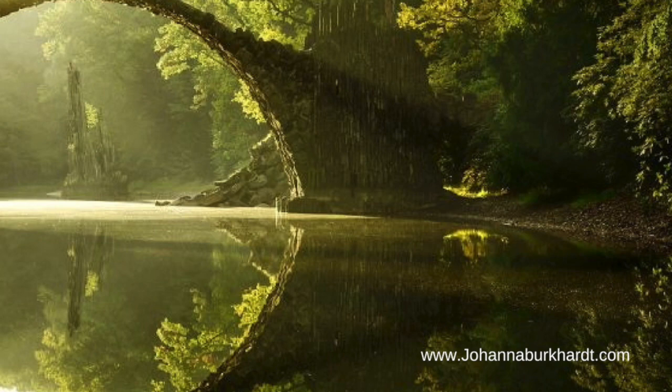Now allow that beautiful grounding cord to move down into and through your sacral chakra, opening up that space, connecting the channels into and through your root chakra, opening the space, clearing the channel, and allow